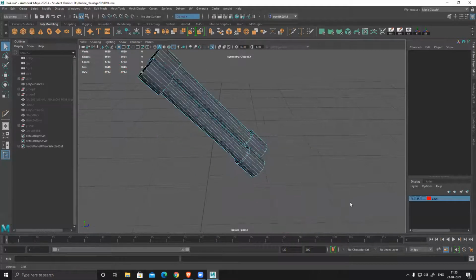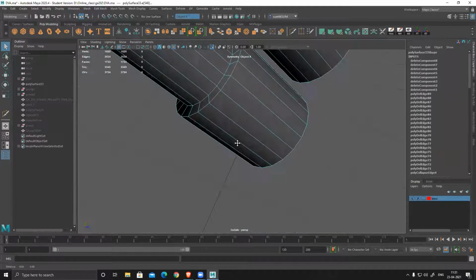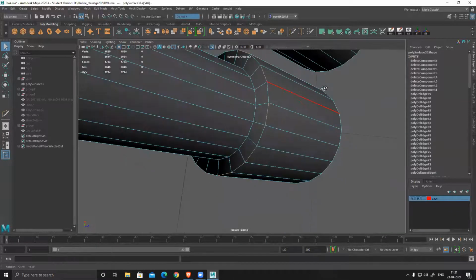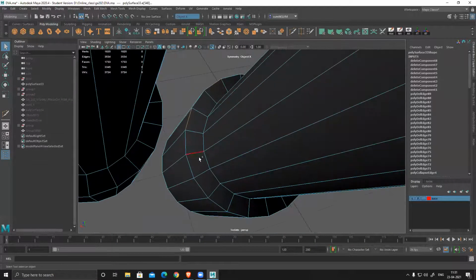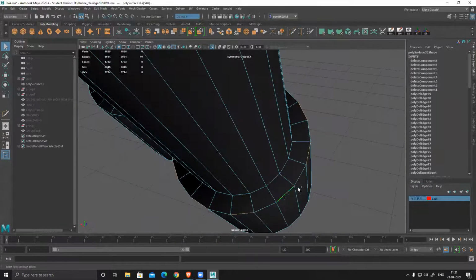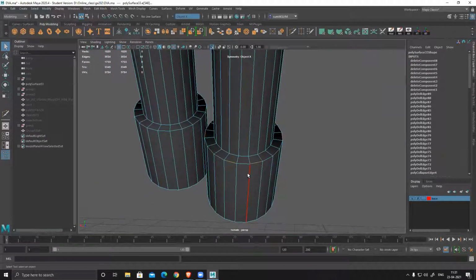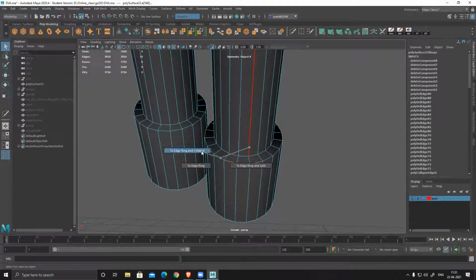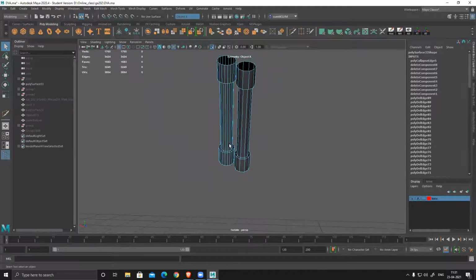Now I have to select each and every thing like this and optimize the mesh. Right now, I can see the mesh is not optimized, so there's a lot of unwanted edges. So select all alternative edges, then press Control, Edge Utilities, Edge Ring, and Collapse. So instantly the entire thing will become half of this polygon.